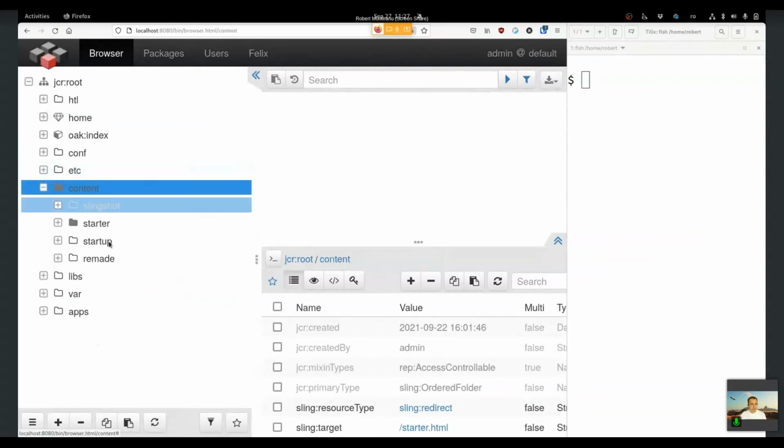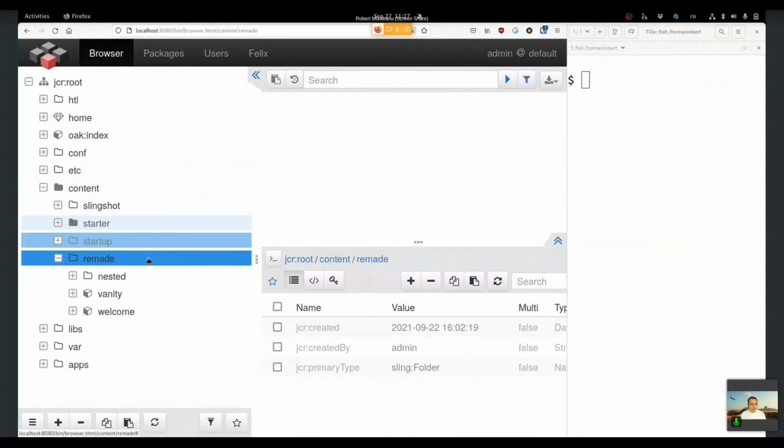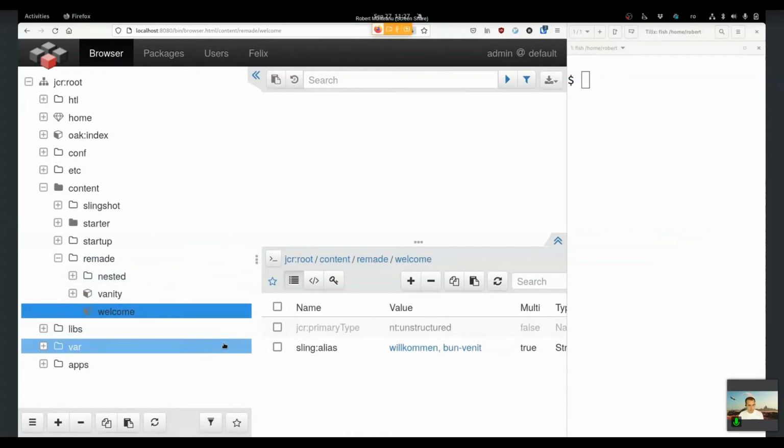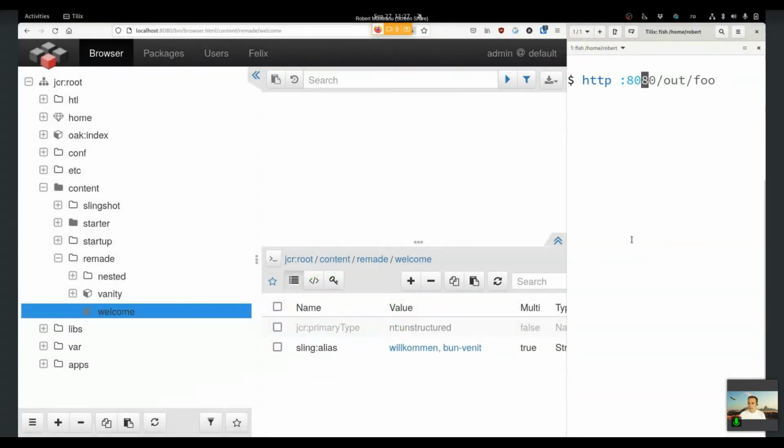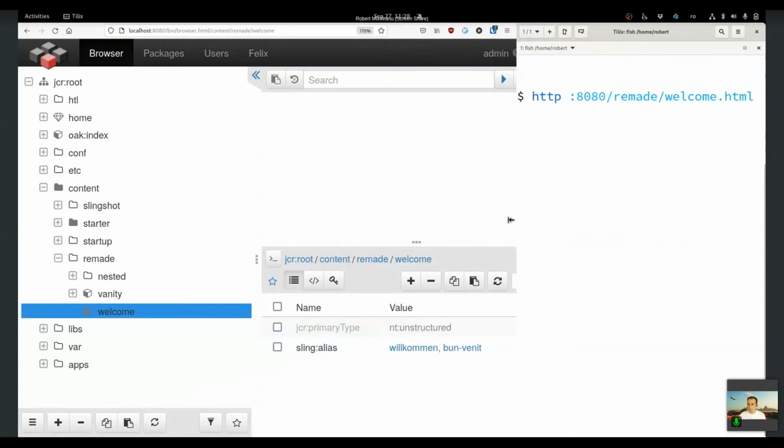So first of all, we have this content tree, and we have this remade, which is an acronym from resolution and mapping demo. And we have a couple of pages here. So first of all, we have this welcome page, which has a couple of Sling aliases set. All right. And first of all, if I go to access remade.welcome.html,